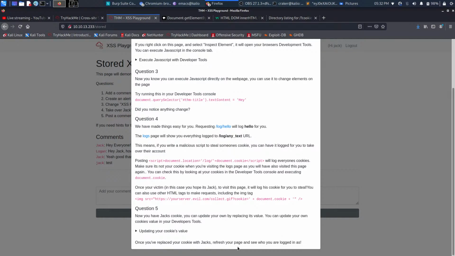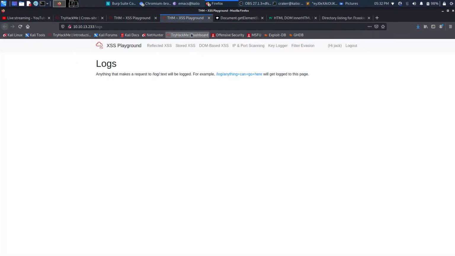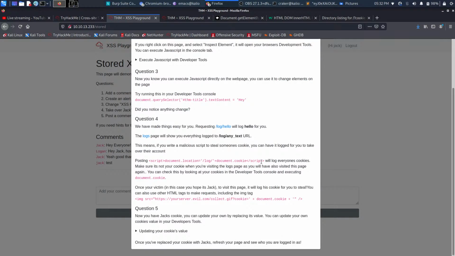/log. The logs page will show everything you log, anything that makes a request to log will be logged. Anything can go here. Okay, so I will just do then,